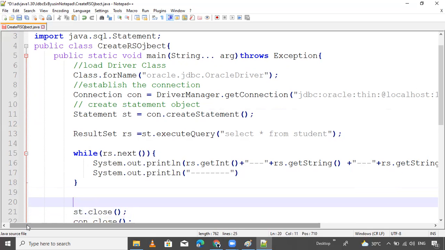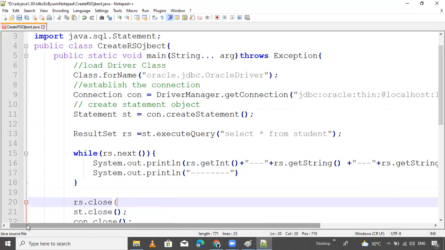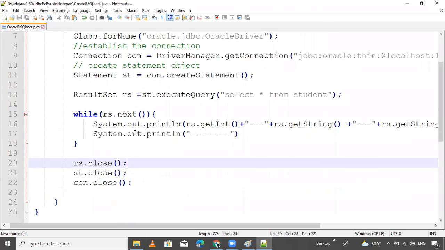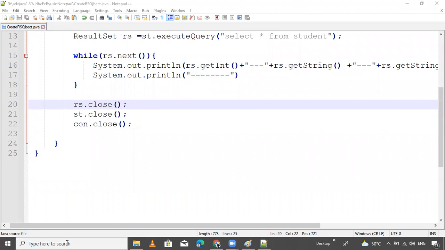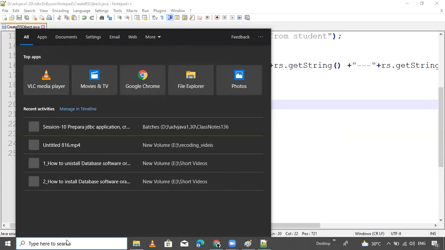First we close rs, the result set, also. Now the program is ready to execute. First, I want to check whether the student table exists in the database or not. If not existed, then I will